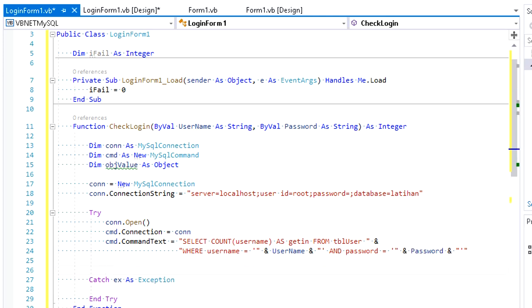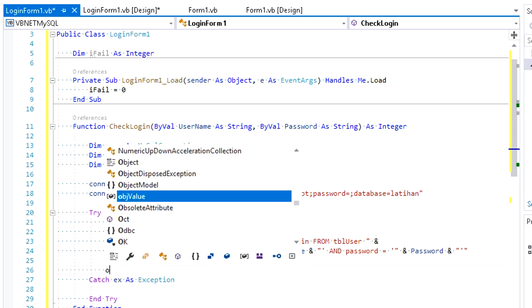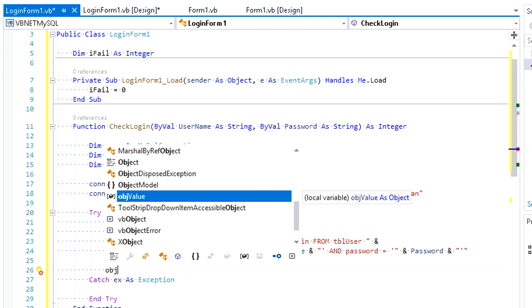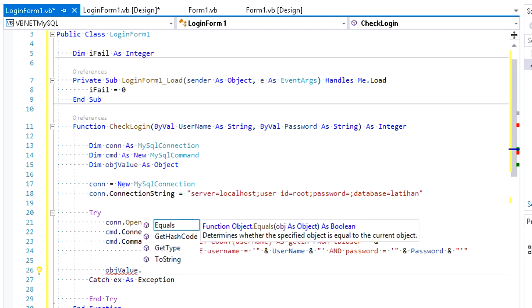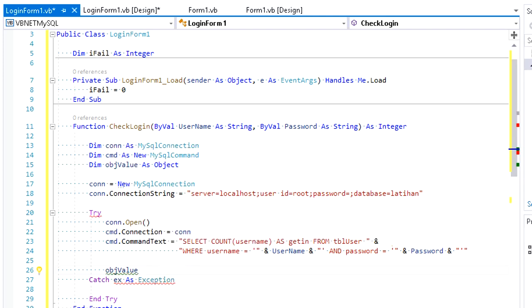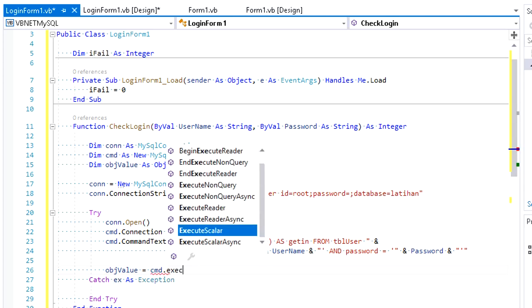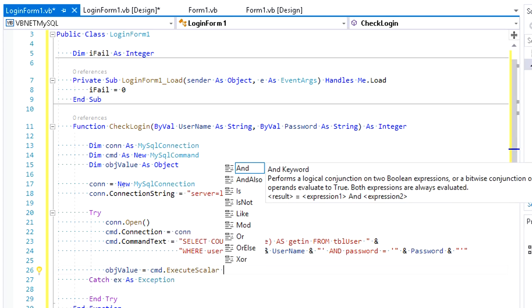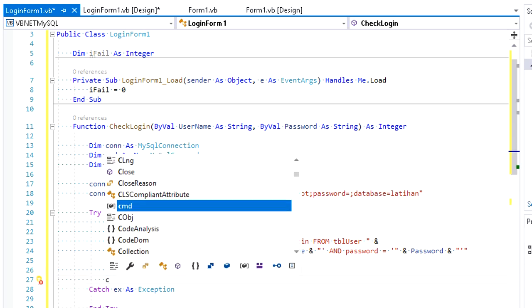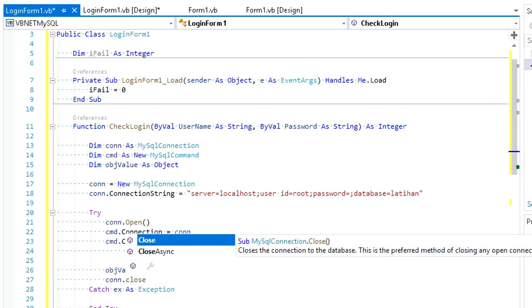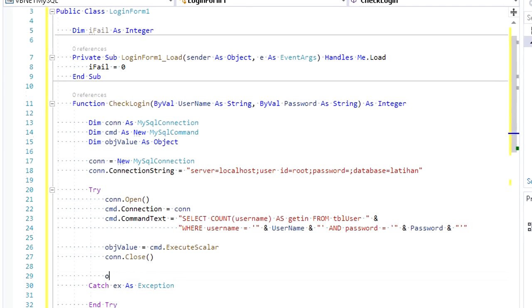If username and password are correct, the result should be 1, otherwise it is 0. Just a reminder that this function is declared as an integer and will return an integer value. Here we'll write code so objValue can get the ExecuteScalar result from cmd. When it's finished, don't forget to close the connection.